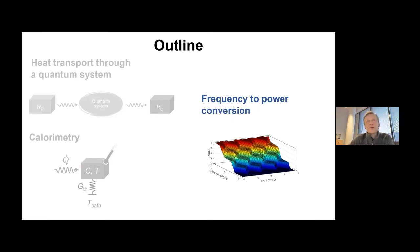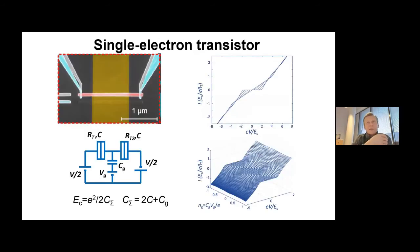So I will talk about a little bit more classical effect at the end of the talk, still related to heat transport naturally. We call it frequency to power conversion. And for this, I would like to start by just recapping on what the system is here. So we are now turning our attention essentially to single electron transistors. So suppose you have a standard single electron transistor. I think most of you at least have an idea